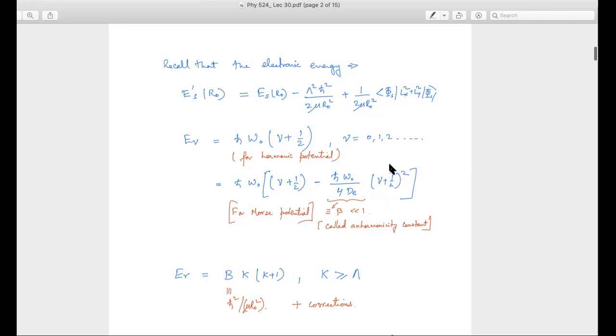Okay. So in the last class, I had missed writing the square here, and that was an error in my notes. Okay. So this is the linear harmonic oscillator energy, plus this correction comes from the anharmonic terms of the Morse potential, if you like. So this prefactor h omega by 4 dE is called beta, which is typically very, very less than 1. Basically, so it's a small correction relatively. And this is called the anharmonicity constant.